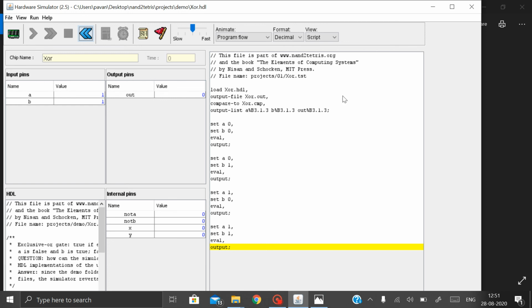Okay. This is actually Nand to Tetris, which is a project. You can find this in Coursera also, Nand to Tetris. Okay, in Nand to Tetris, there are actually two parts. First part is from Nand to Hack, and the second part is from Hack to Tetris. Tetris, I think you guys know this Tetris. It's just a game which has some square boxes and we have to fill it. It should be completely filled. Okay.